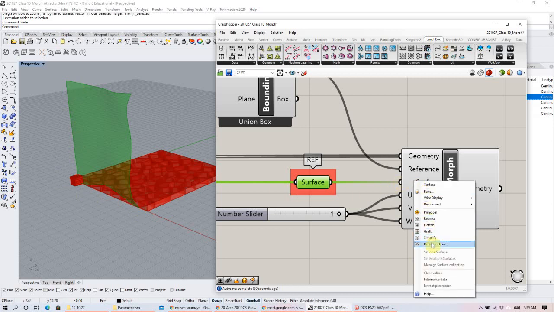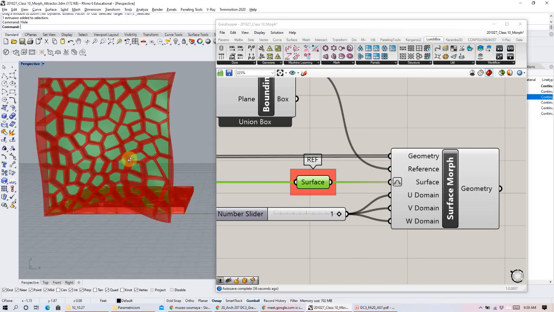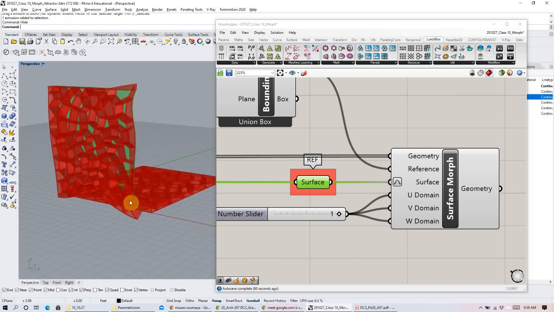So you right click and click reparameterize. And then it will start to assume the form of that surface, because now it thinks that this is 0 to 1,